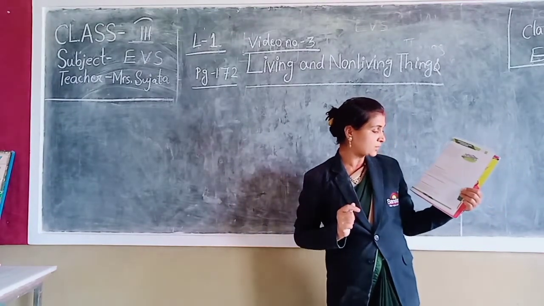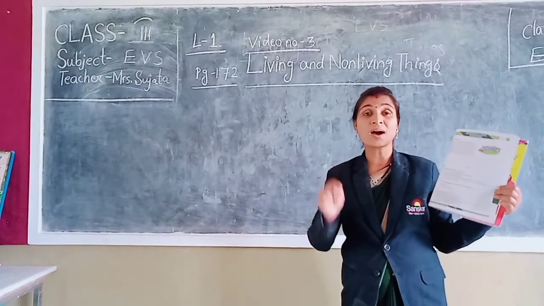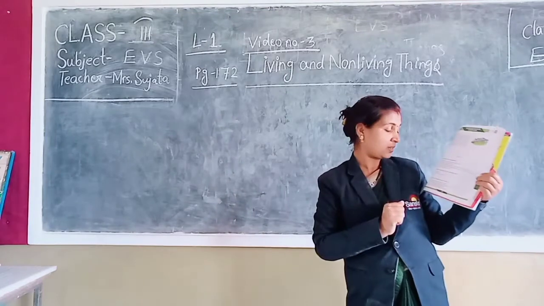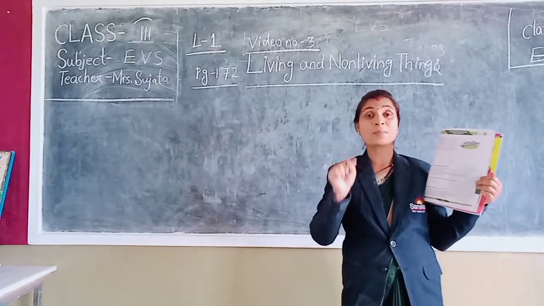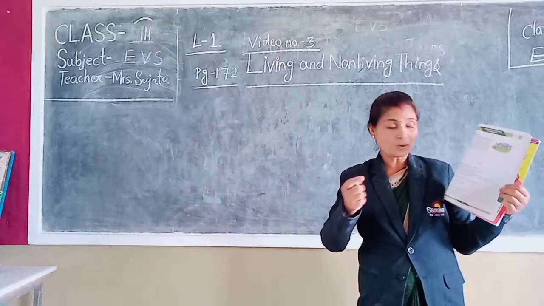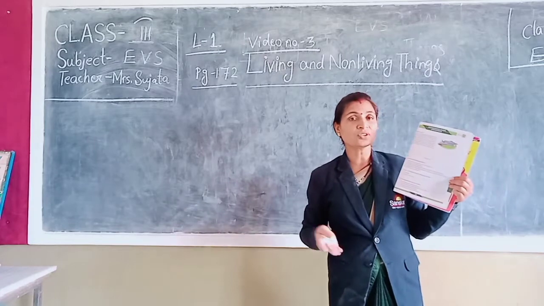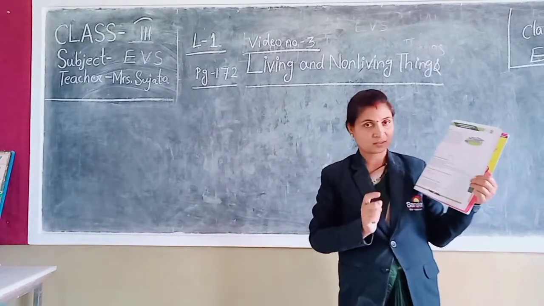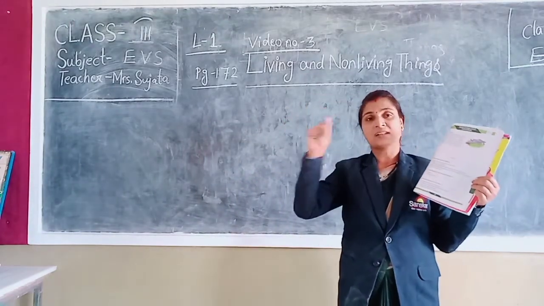Give 2 examples of each of the animals that lay eggs. Those who are laying eggs, that particular 2 names you have to mention here, and those that give birth to babies. Those who are giving birth directly to babies, that 2 names also you have to write here. You have to go through the book, read properly, and find out and write here. Okay. So these are the questions. Write the question properly. Next answer.